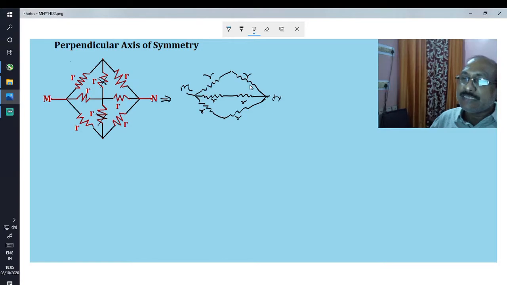These two resistances are connected in series. Similarly, these two are connected in series. Similarly, also these two are connected in series. Therefore, we can rewrite here